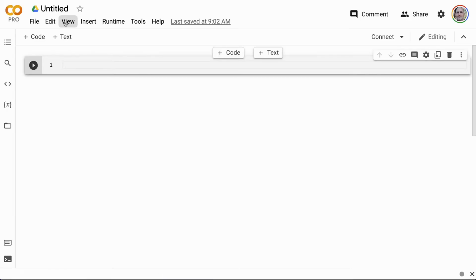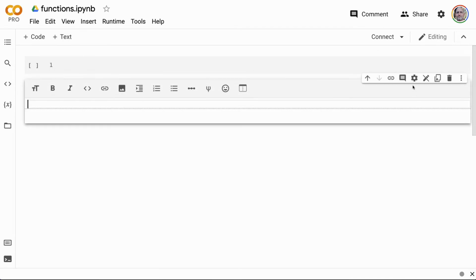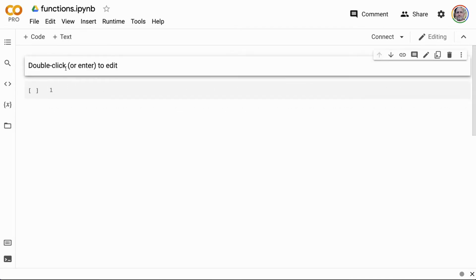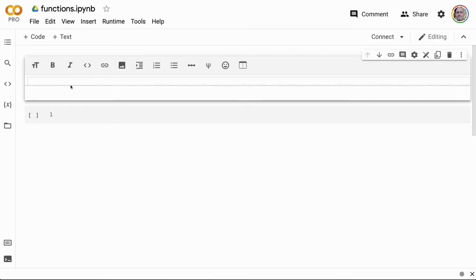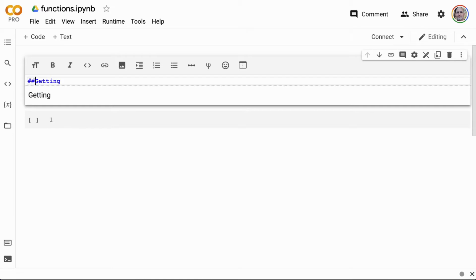And we'll call this one Python functions, or just functions, even easier, like this. And again, I'll do the same structure. So hopefully this is a pattern that you can steal yourself anytime you're using Jupyter Notebook. I think it's a great way to have notes here. We'll say, how about getting started with functions? So we'll do this, getting started with functions.